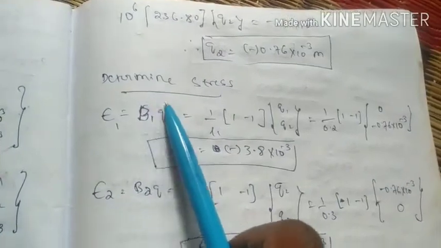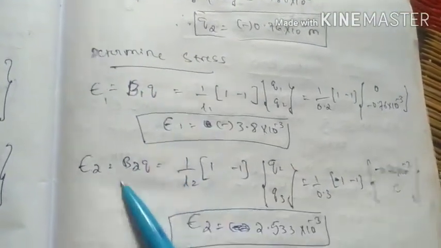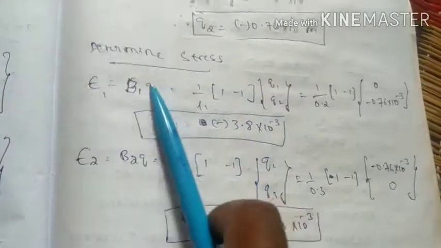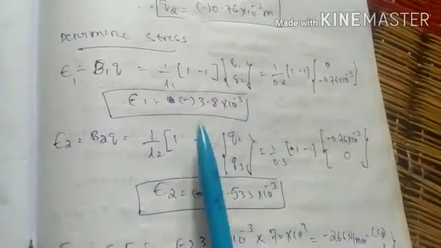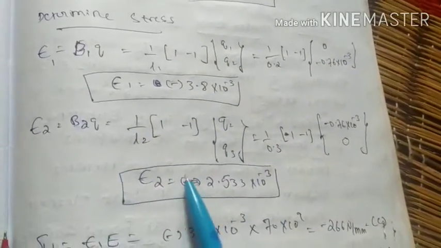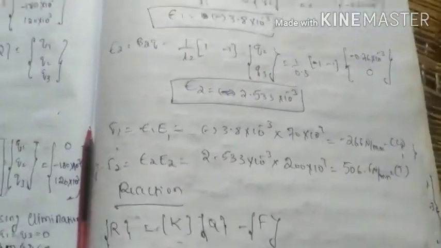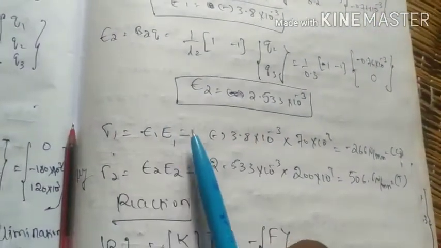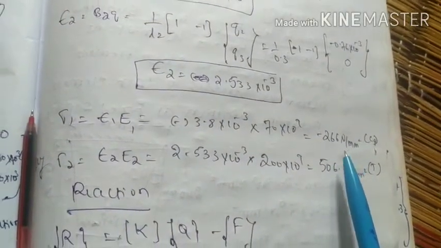Now finally we need to determine the stress. For that we require the strain, B1 into Q, B2 into Q. Substitute the strain displacement matrix 1 by L1, minus 1 1, Q1, Q2. Therefore epsilon 1 becomes minus 3.8 into 10 raised to minus 3, and epsilon 2 becomes 2.53 into 10 raised to minus 3. Finally sigma 1 becomes epsilon 1 times E1, that is minus 2.66 into 10 raised to Newton per